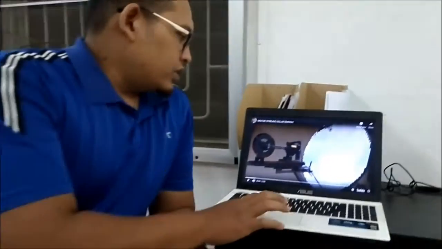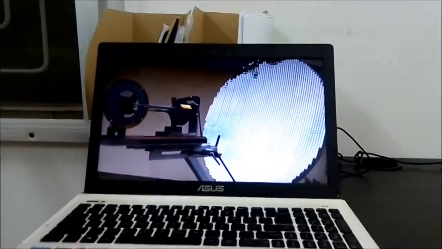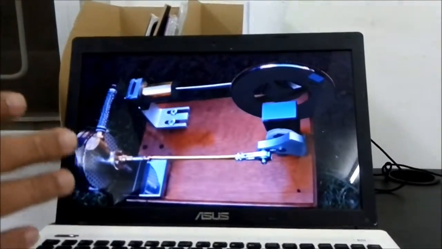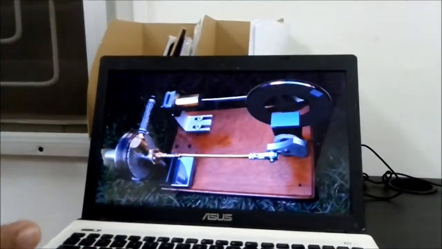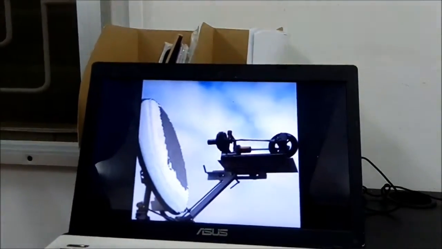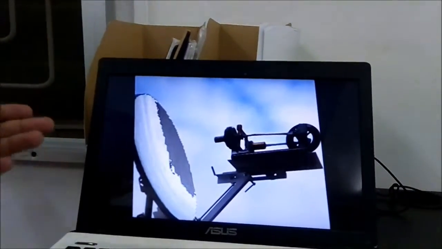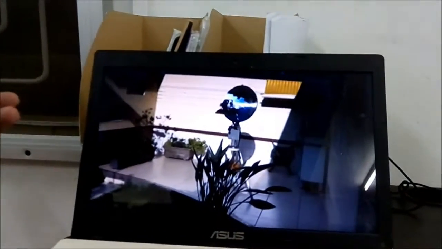This is the video for the Stirling solar energy motor. This is the type, or we call it the model, to generate electricity. You can see the solar panel right there, and this is how it works